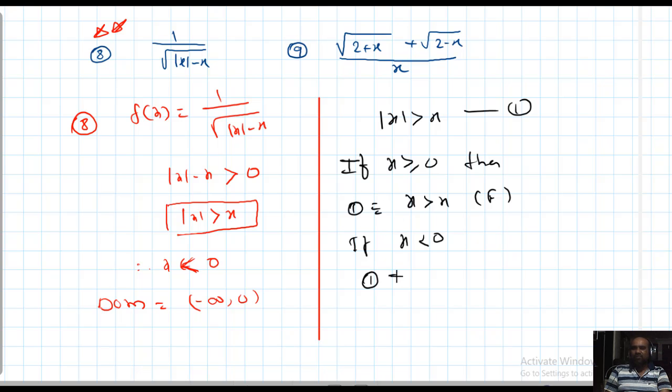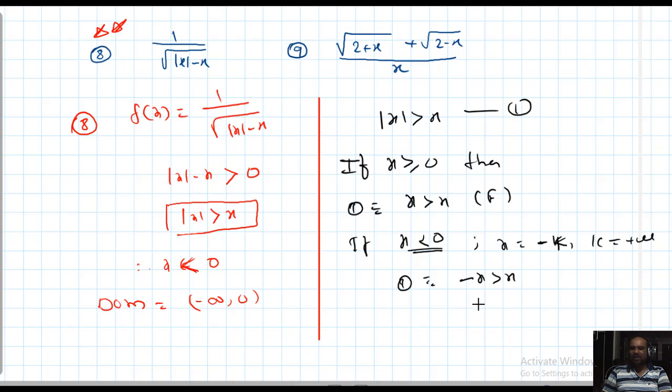If x is less than 0, say this is the first equation, it becomes minus x greater than x. To explain more clearly, take x equal to minus k, where k is a positive number. If k is positive, then minus k is negative. So the first inequality, minus x greater than x, becomes